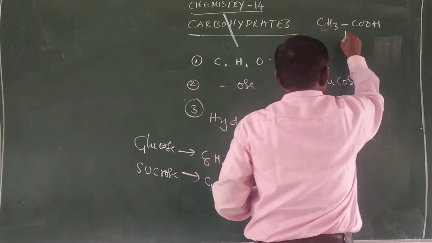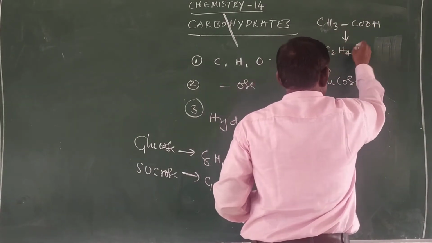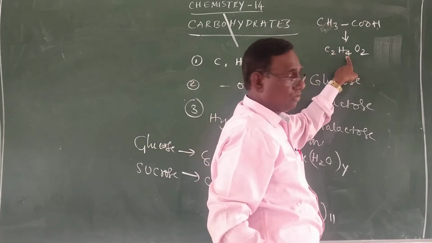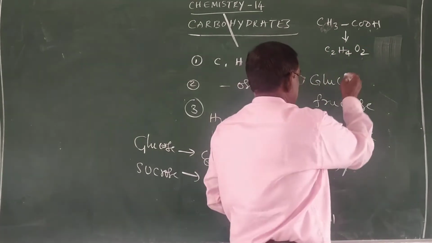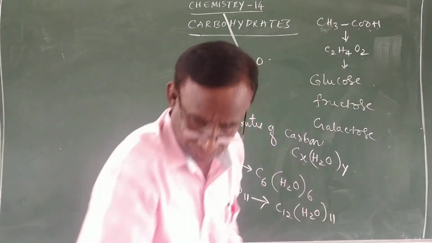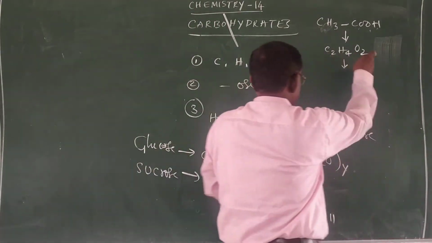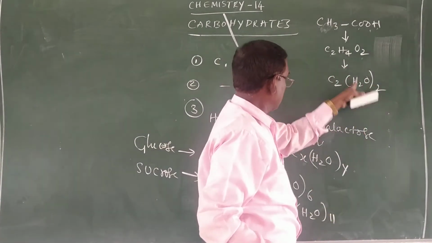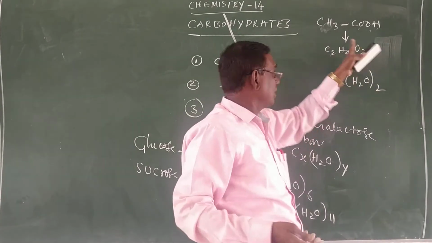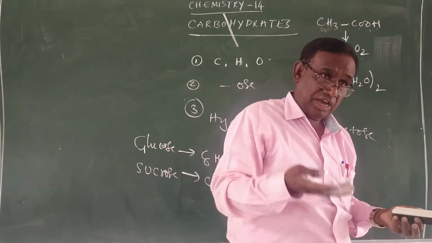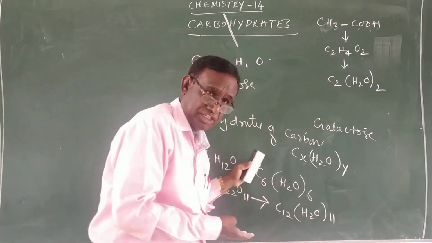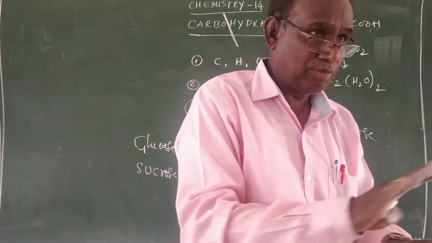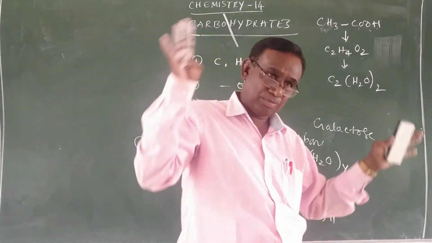And it can be written as C2H4O2, here C2, H3 plus 1 is 4, and O2. So this is acetic acid. And it can be written again as C2(H2O)2, that means C2, 2 2s are 4, 2 1s are 2. So acetic acid is not a carbohydrate, but a non-carbohydrate like acetic acid also comes under the definition of hydrates of carbon. For this reason, this definition of hydrates of carbon for the word carbohydrate is not proper. We come to that conclusion.